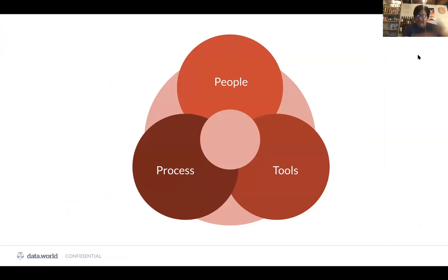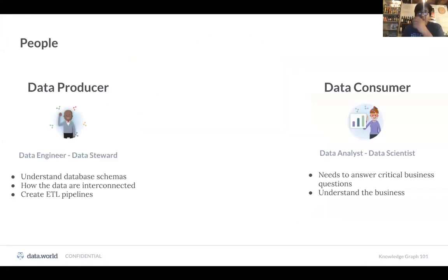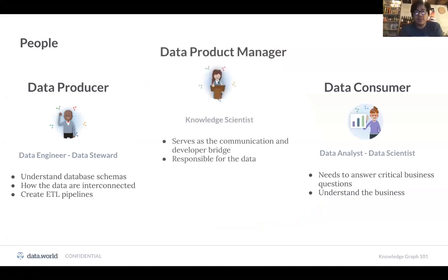So I've explained the real world problem up to now, and I'm going to share with you how I'm seeing we can address these problems today. So let's start with people. Remember I talked about these two different groups, the data producers and the data consumers, and there's this gap between them. So first of all, I think that we need to fill this gap with something that I'm calling the data product manager, or data product management team.